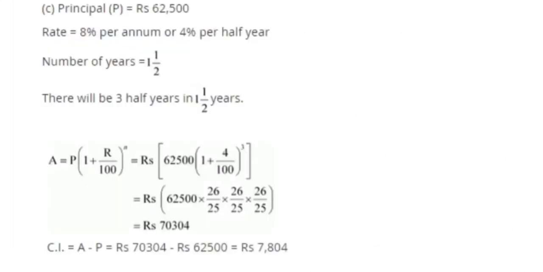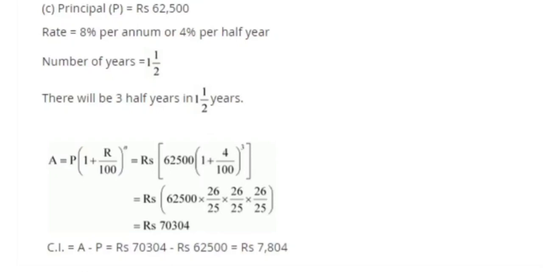Here principal is given 62,500. Time is 1 whole 1/2 years and rate of interest is 8% per annum compounded half yearly. So let's see the solution. So number of years is given what? 1 whole 1 upon 2. It means what? 3 halves. Correct? 1 year. In 1 year there are 2 six months, and one more half year means total 3 half years. And this rate of interest also we will take half. So this is 4%. Now put the values.